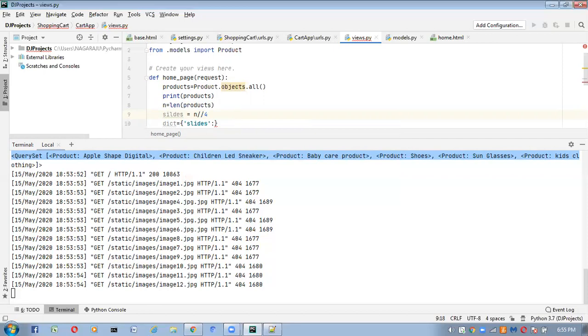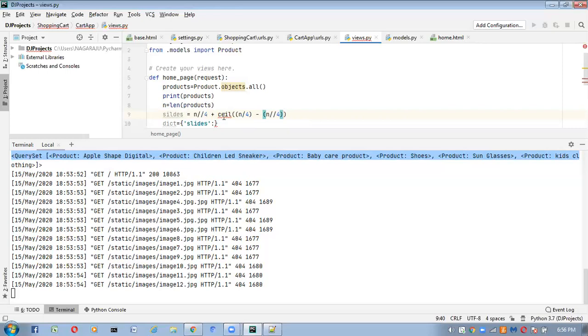Ceil is a mathematical function, and the ceil function is available inside the math module.